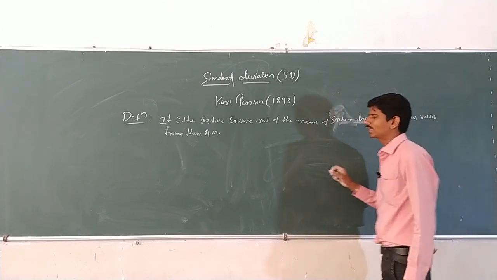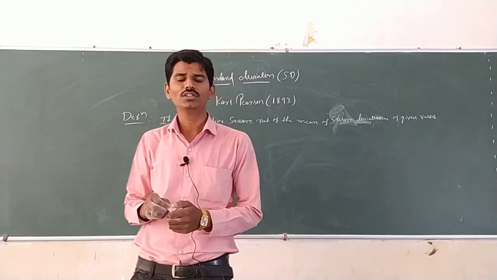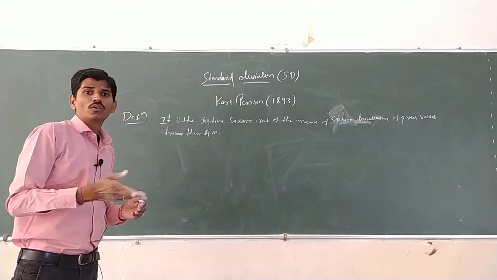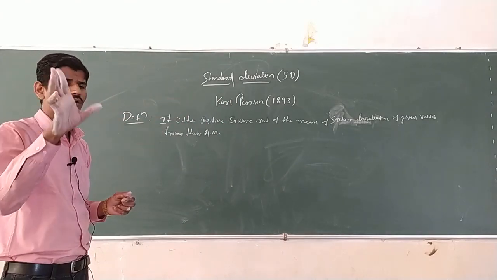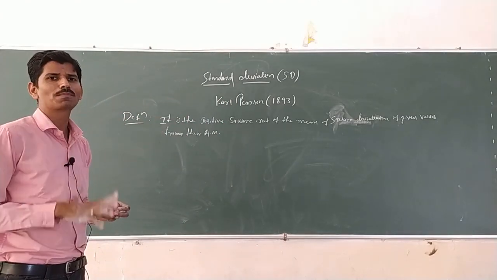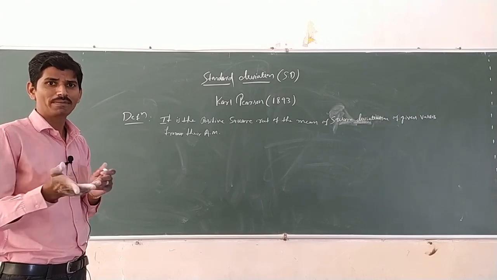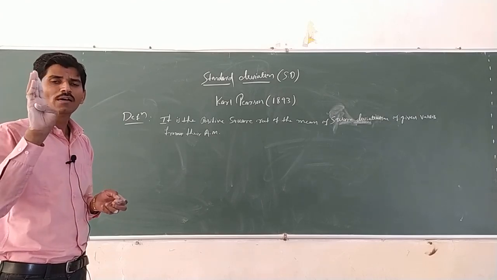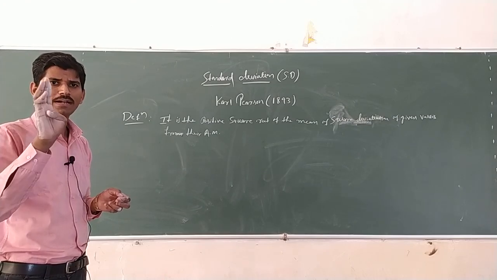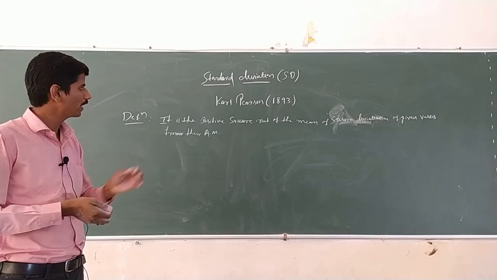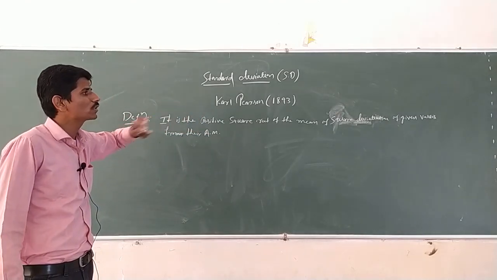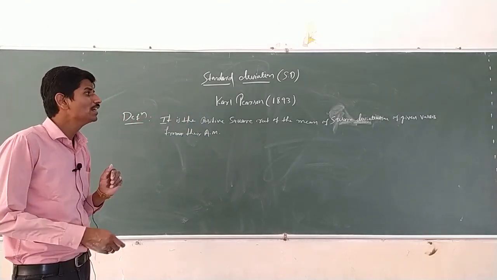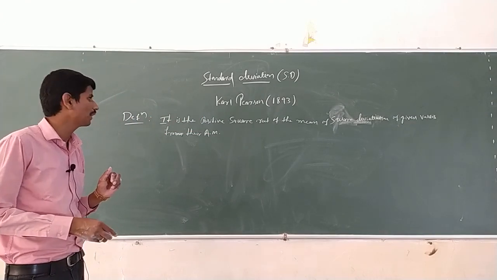In quartile deviation and mean deviation, it may be mean, median or mode. Here the standard deviation is mainly based upon the arithmetic mean. It takes only x bar values, not median and mode. In mean deviation you used mean, median and mode, the calculation of mean deviation from mean, median and mode. Here we are using only the mean. It is the positive square root of the mean of square deviations of given values from their arithmetic mean.